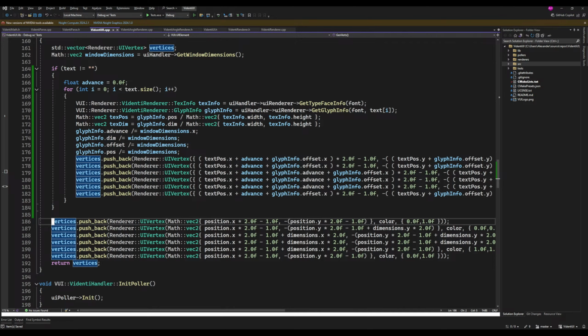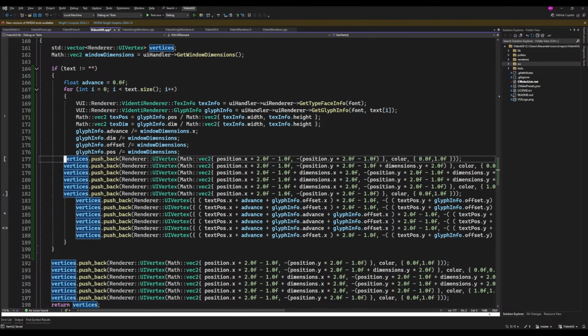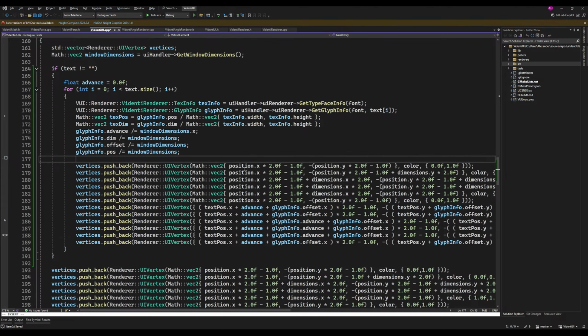If I just copy this, so make 6 lines, go up here, paste it in above, indent that over, and then should I just delete it? The ones below? Yeah, let's go